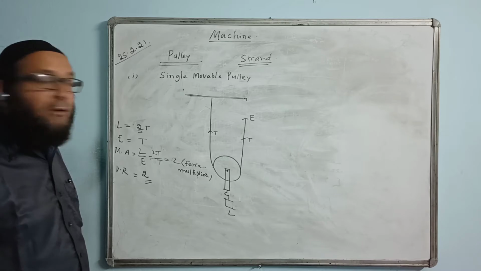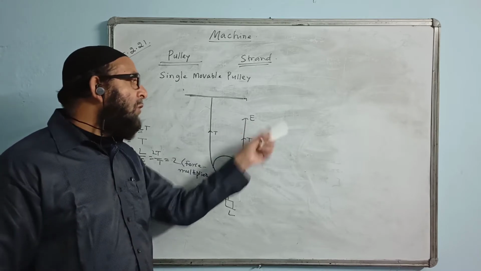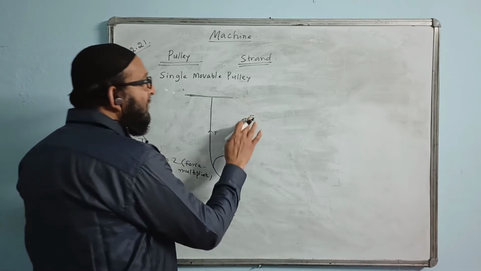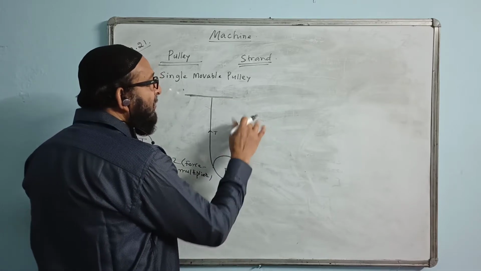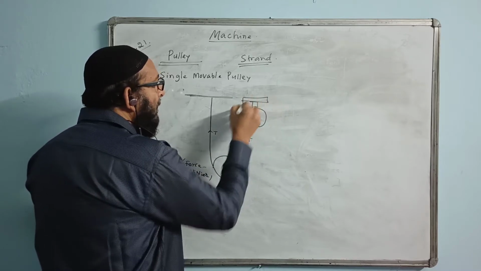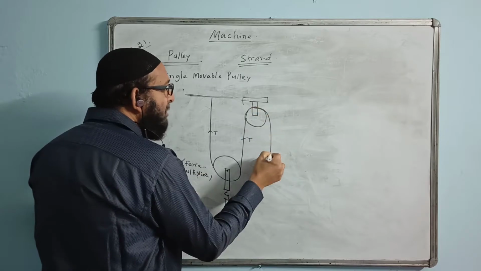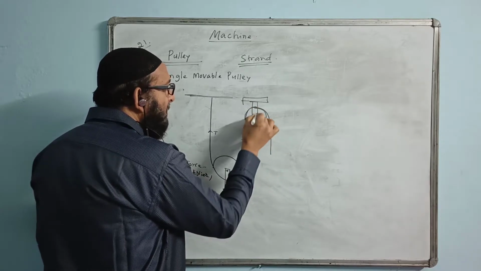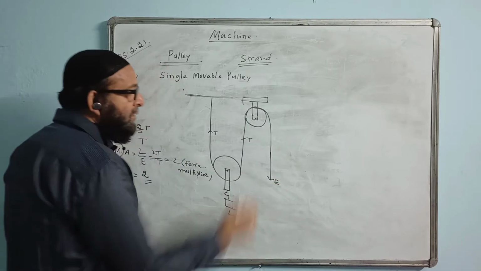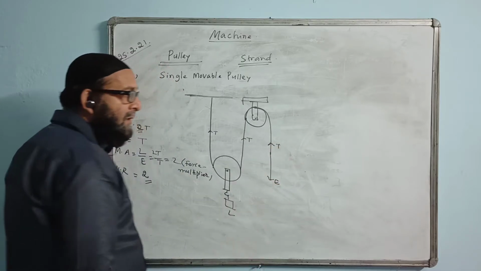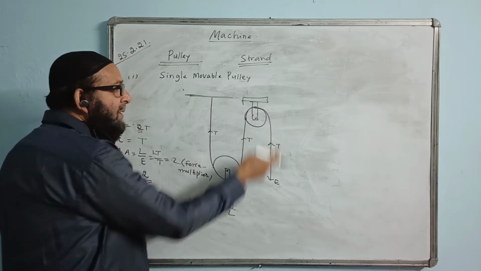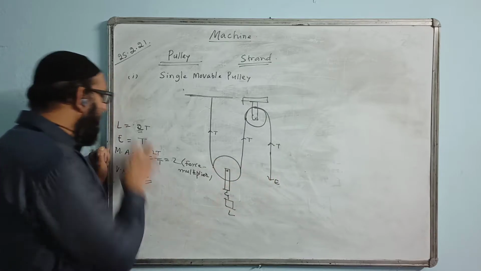But we have a method of changing the direction of effort to the downward direction, which is convenient. And what is that method? The method is that instead of applying the effort in the upward direction, we will be using a fixed pulley like the previous one. The fixed pulley is here. Now the fixed pulley will change the direction of the effort like this. Effort now will be coming in the downward direction. Here it is T like this. This same string is passing over, and effort comes. This thing will not change.